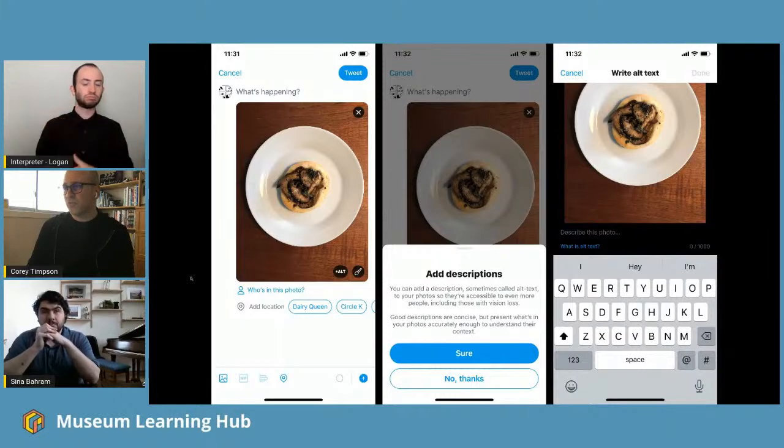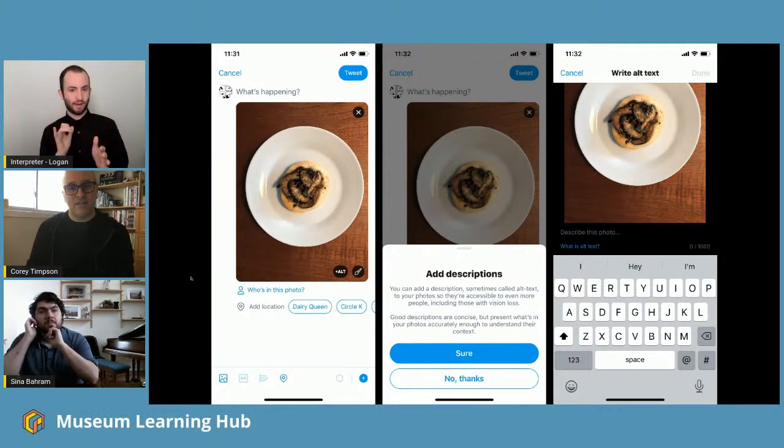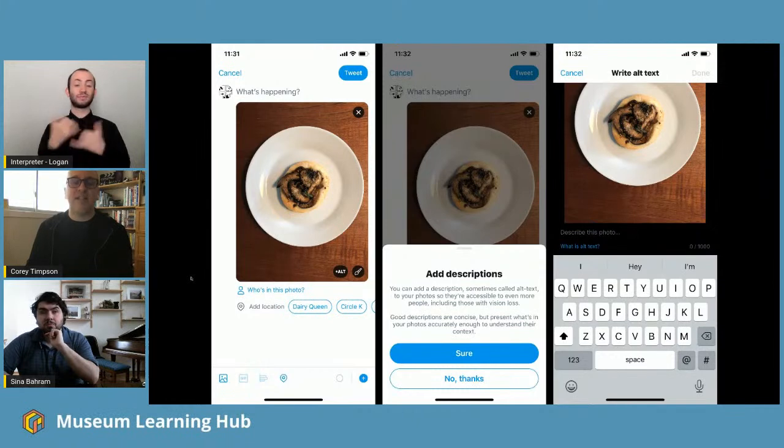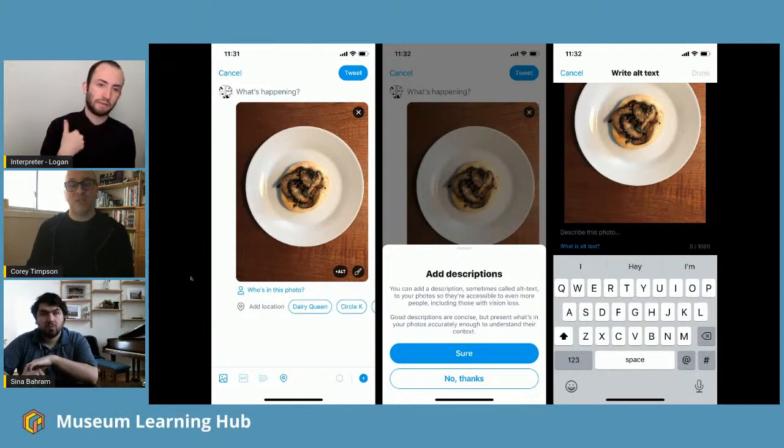These are some screenshots we'll go through really quickly. Some screenshots of Twitter showing the interface and where you can add alt text within the Twitter interface design. They have changed this a lot recently, because up to a couple of months ago there was a real issue about being able to add alt text to images. It is there as of today. Tomorrow, who knows? One of those pitfalls, but the functionality is there. We just have to know about it and work that into our workflow.